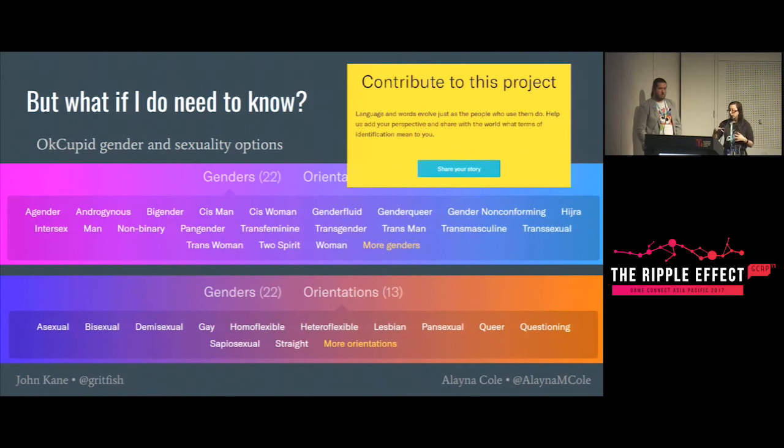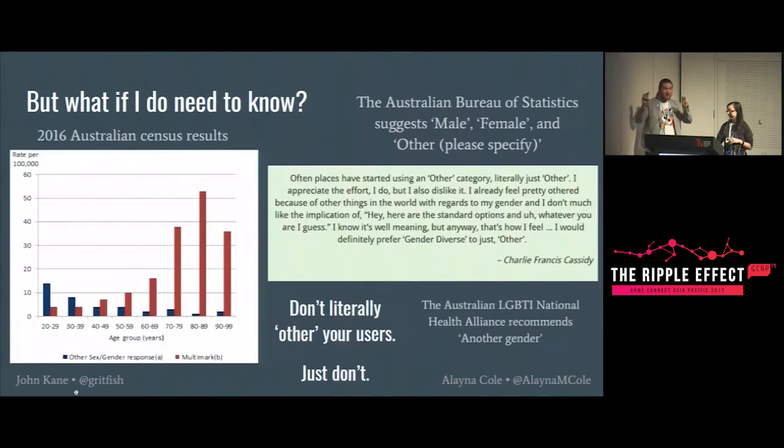So think about the options you provide, how many options you can provide, and if it's not too many, how you can do that well, and if it's as many as you can think of, how you can do that well. Try to look at your limitations and then use them as effectively as you can. Yeah, and please use the word custom rather than other, because otherwise you're literally othering people. Anyway, that's just a UI thing.